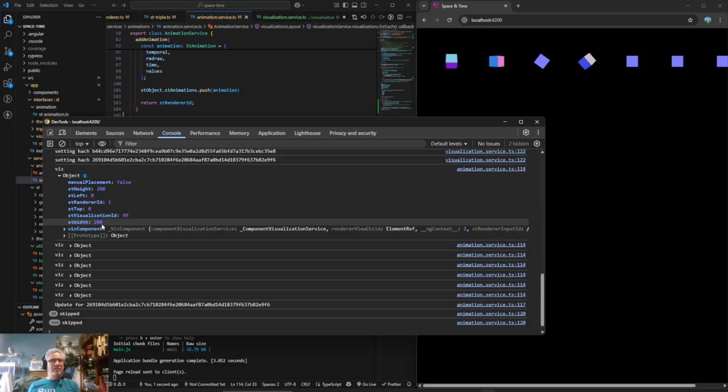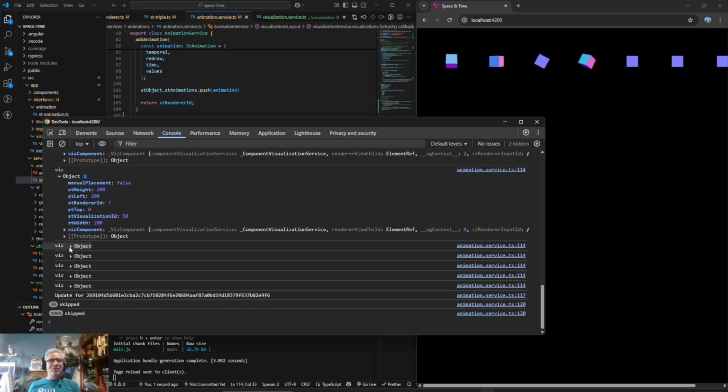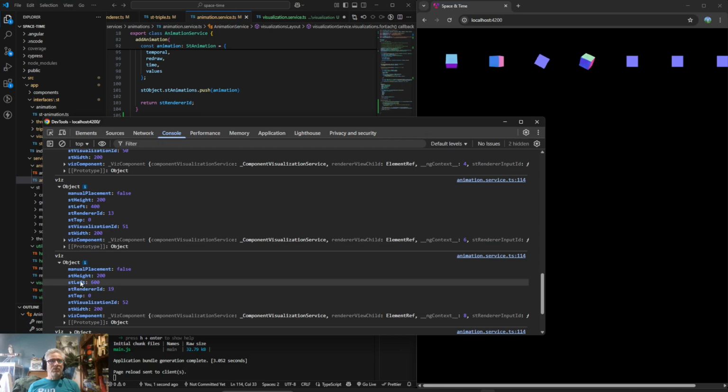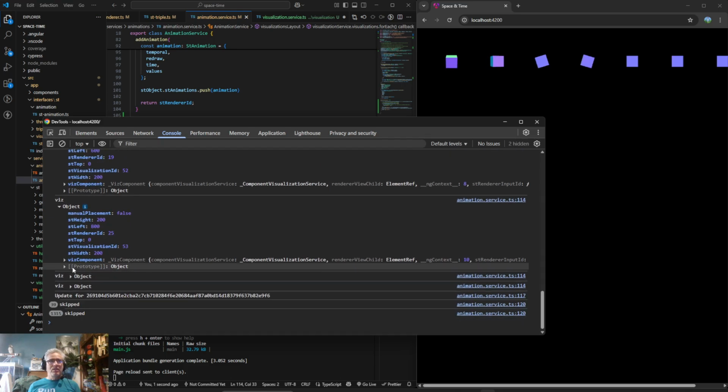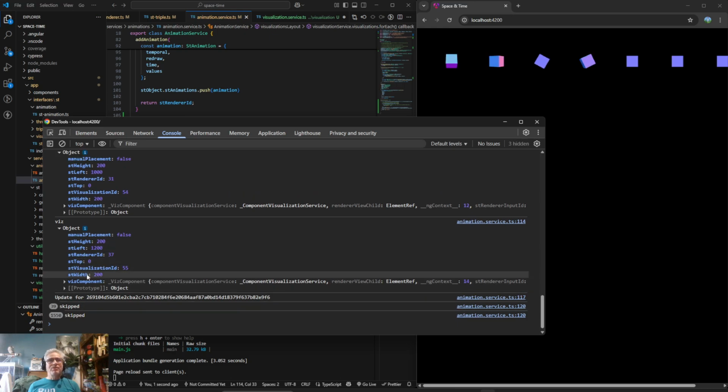Okay, so now we see we have our viz component and we have our left. We want that one to be at 0. We want that one to be at 200. See, it's already pre-calculated where everything goes. 400. Now we're just sort of unit testing the code, making sure everything looks the way we expect it to look. 1,000 and 1,200. As you see, we're bouncing around between the different concepts because we have to move everything forward a little bit at a time. I guess that is where that whole Scrum name came from.